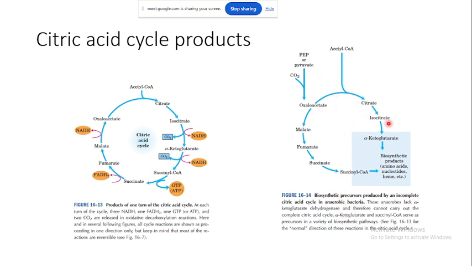acetyl CoA will make citrate, isocitrate, right? From isocitrate to alpha ketoglutarate, this step will produce one NADH, but there is no oxygen, right? So now this cycle will take a pause here, and alpha ketoglutarate will be used for biosynthesis of amino acids, nucleotides, heme group, etc. Right? And here, if there is gluconeogenesis in the cell, then this pyruvate will be converted into